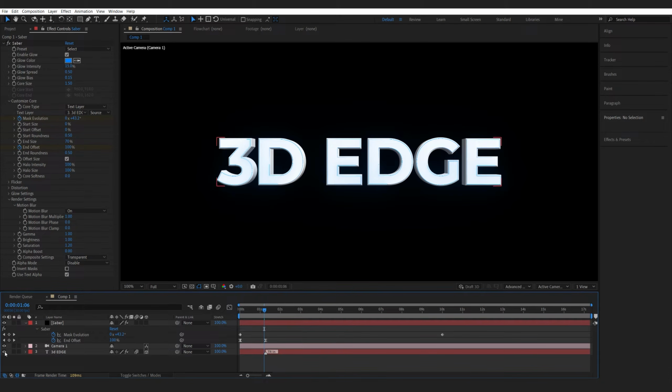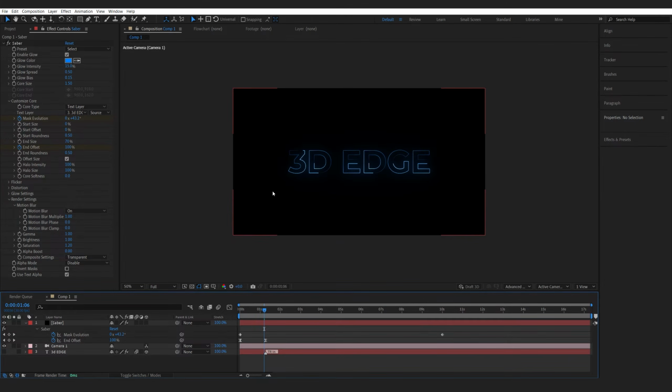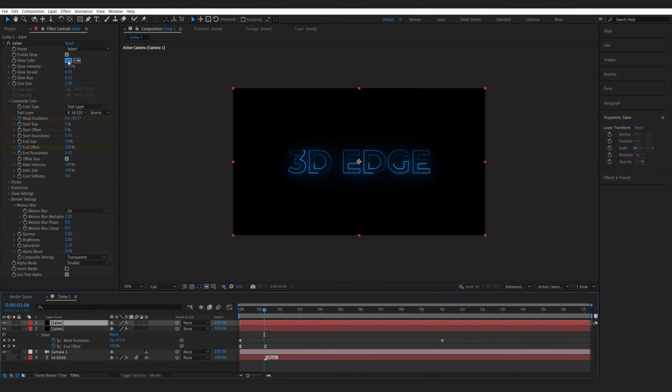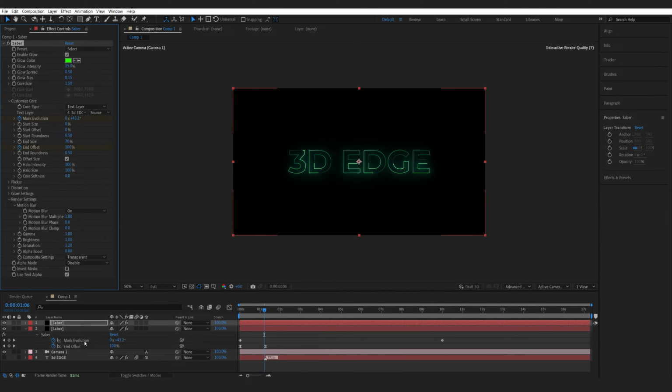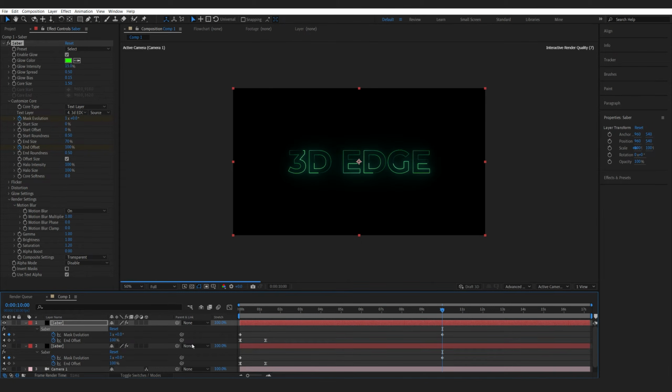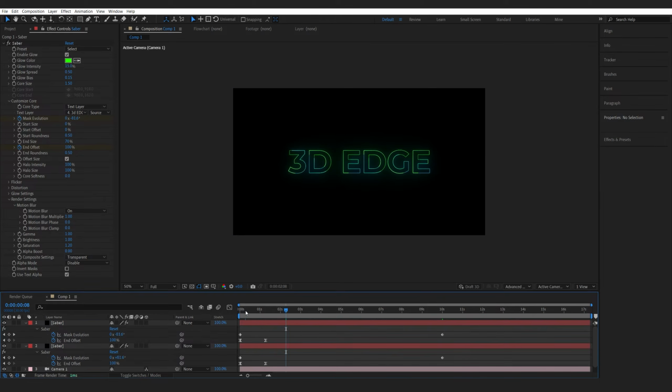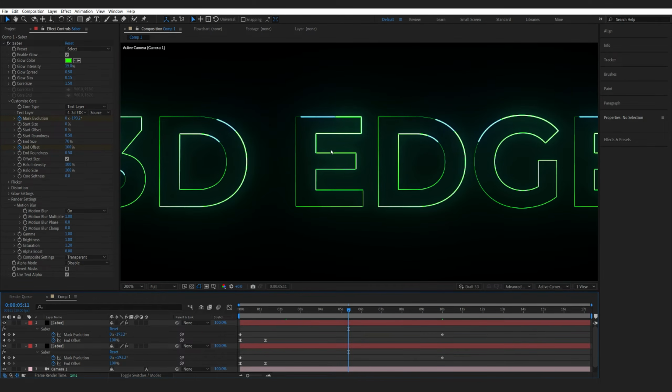Let me disable the text for now, just so we can focus on the stroke. And I'll duplicate my Saber layer, and I'll change the color maybe to green. And if we hit U to bring up the keyframes, on my evolution keyframe here, I'll set it to -1 instead of 1. So basically now it's going to go into a different direction, and we have two colors following